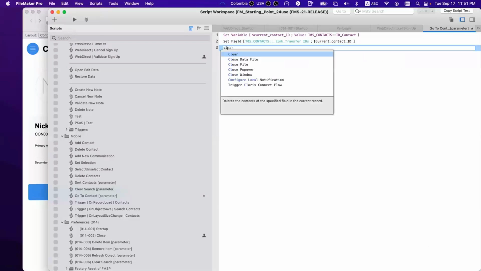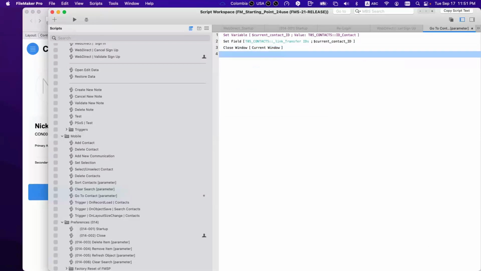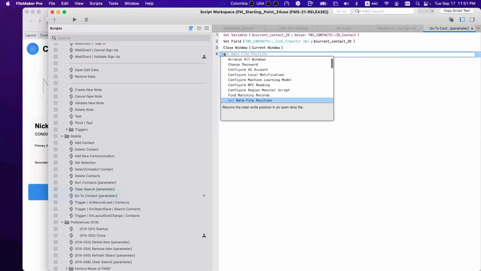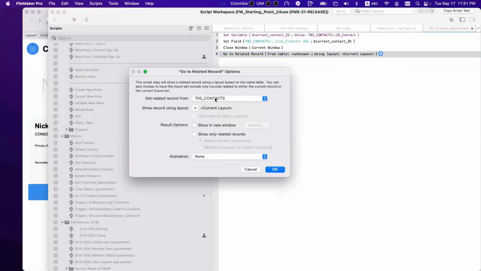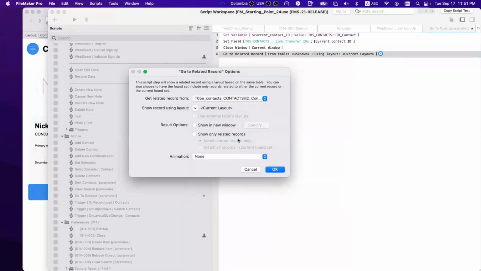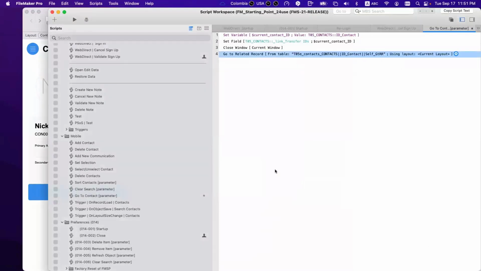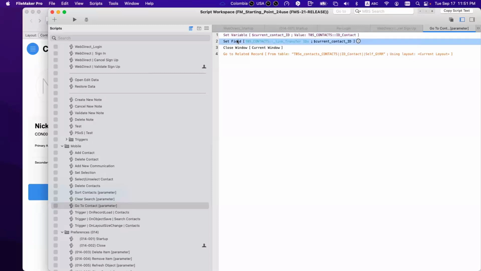I close the window. Remember, I am in a burger. I am in a card window, close. And I say go to related records using my relationship, self, this one, like this. Okay, right? So I just have this. I collect the ID, I set the global field, I close the window, and then thanks to that global,